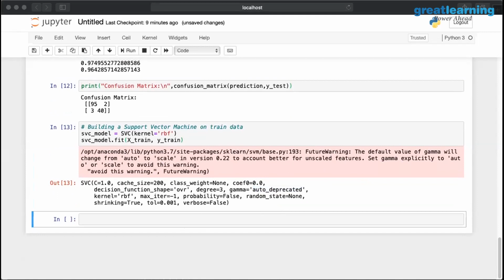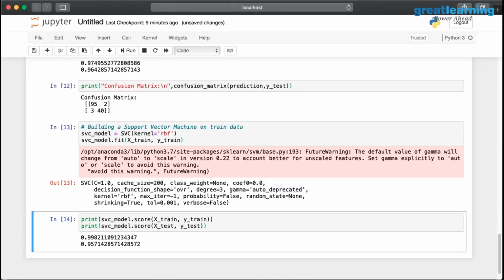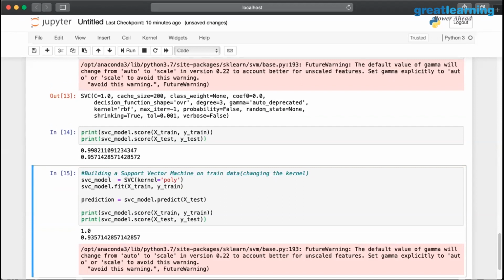Okay. Now, sir, if I fit this particular data, I'm having a brilliant accuracy with my training sample, but my testing suffers. Now, let's look at a polynomial kernel and how it works for this data. And to be told, it's a completely overfit model. Don't you all agree?